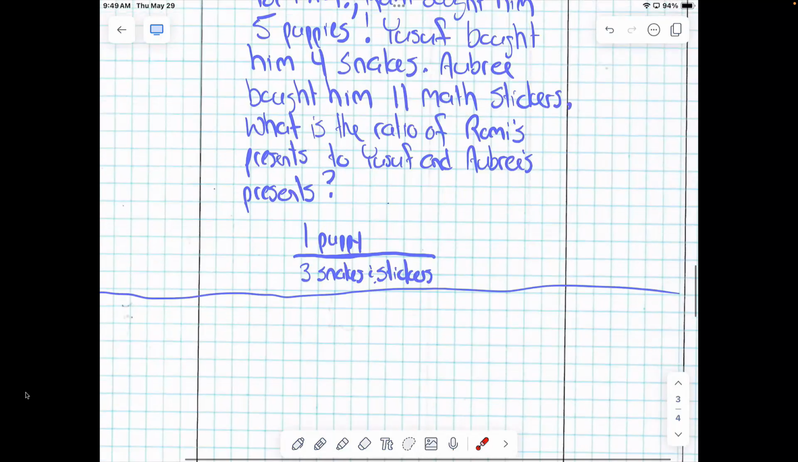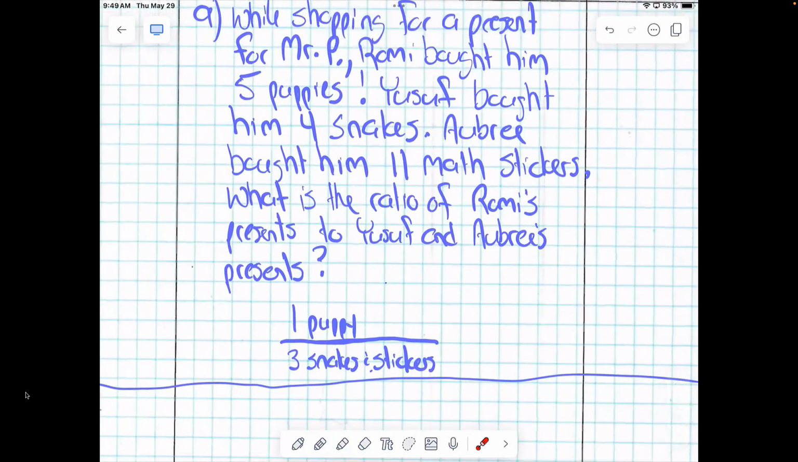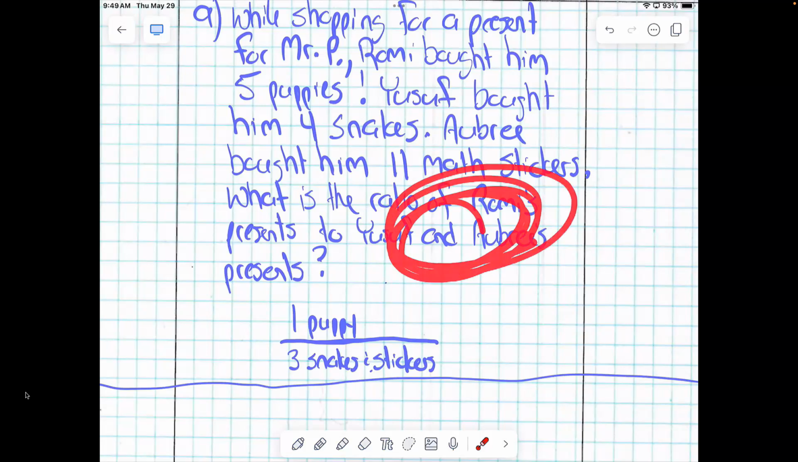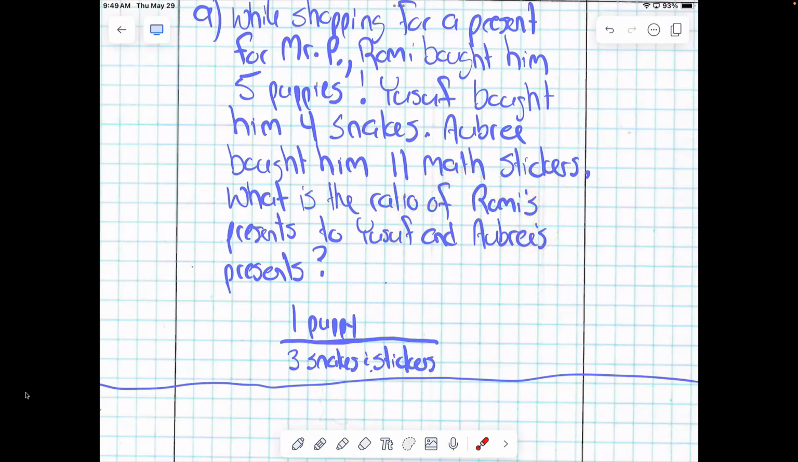Last thing, this word problem. I'm not going to go through the whole word problem. But we learned that the word "and" can represent a decimal point. But it also means in math sometimes that if you see the word "and," you